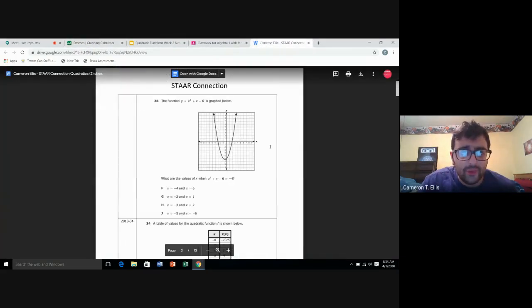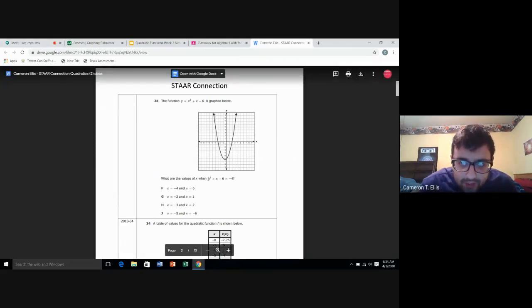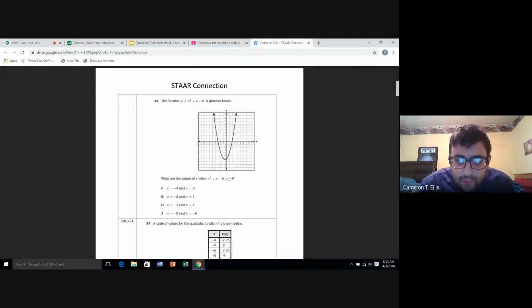Let's go on to 28. The function y equals x squared plus x minus 6 is graphed below. Okay, what about when it's negative 4? So again, look at the way this problem is oriented, guys. You see the negative 4 right here on the end? Think of that